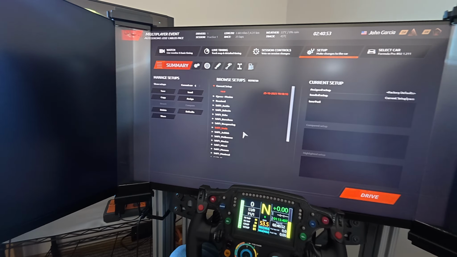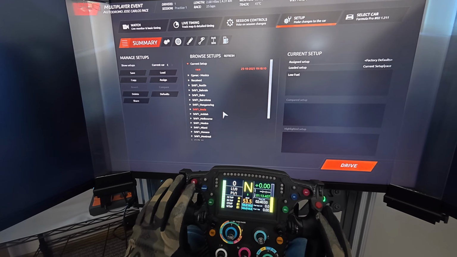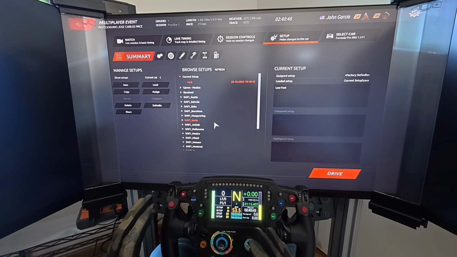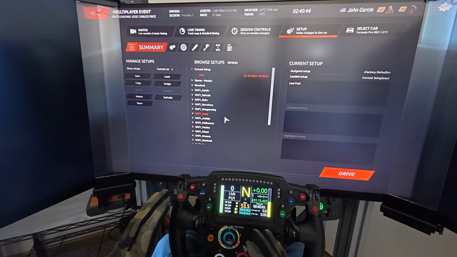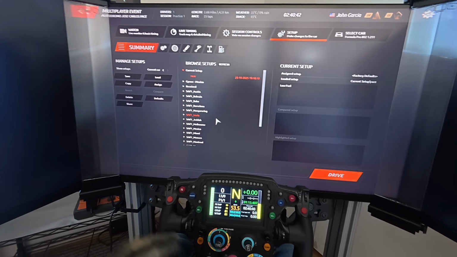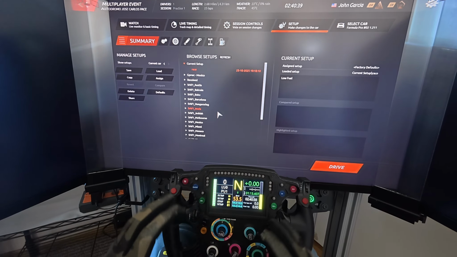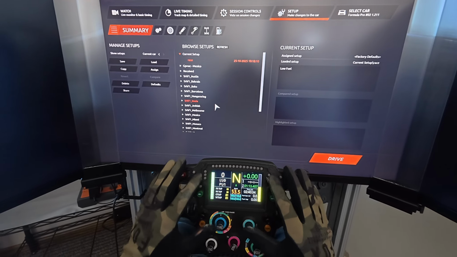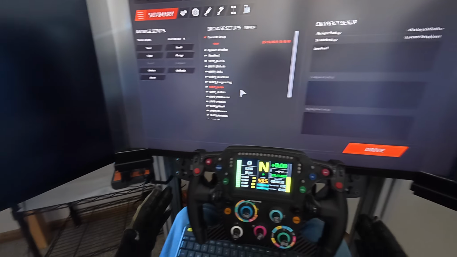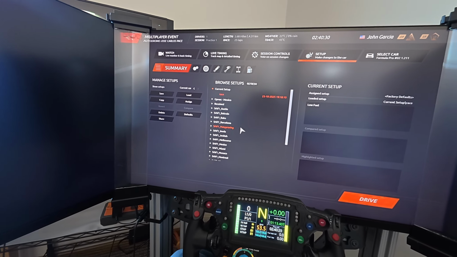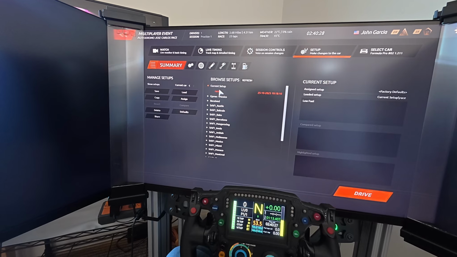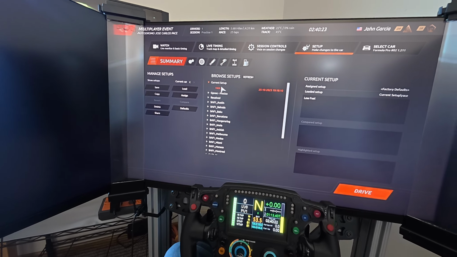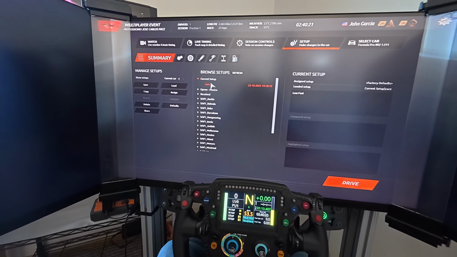One of the special things about rFactor 2 is that these two in particular and push to pass are not part of the rFactor 2 shared memory mapper. So I've had to go about it a different way in order to be able to get that working on my wheel display and the LED profiles that I have here. And part of that workflow is that I have to make sure that I save my race setup that I'm going to use in this current setup folder, and I have to work from there, because what happens is